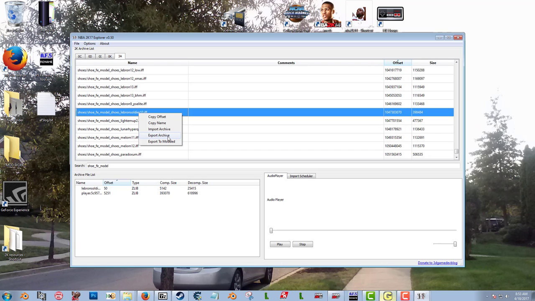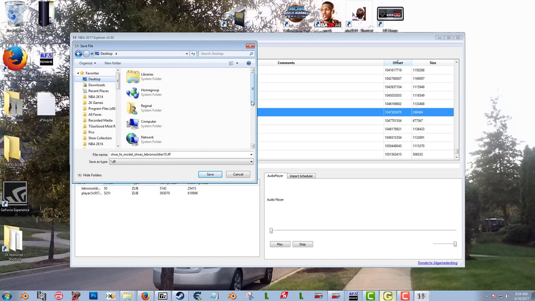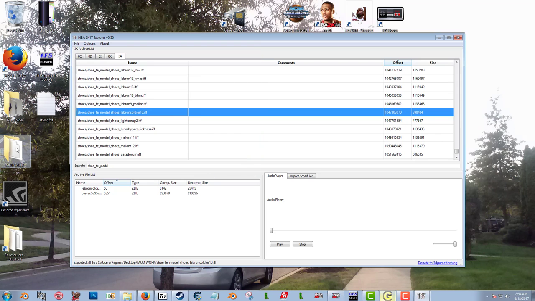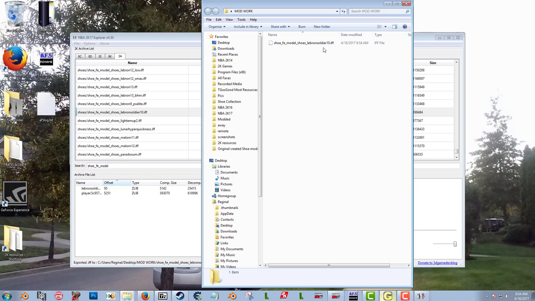We're going to export that archive. We're going to export that to my desktop in the folder that I created for this specific thing. And then we'll save it. Then as you can see here on my desktop, that file is now here. Alright. The other thing that we're going to do